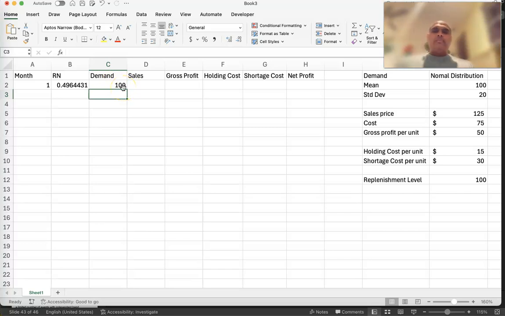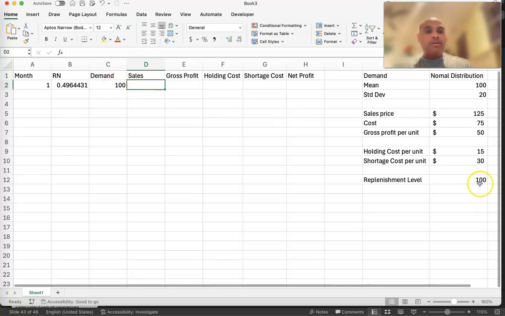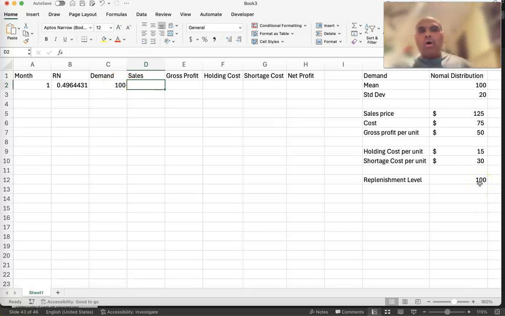And there you go. All right. Now, once I have demand, I also need to do sales. Sales are based off of the replenishment level. If my demand is 100 and my replenishment level is 100, I've sold every one of my routers. So I'll have 100 in sales, no holding cost, and no shortage cost,